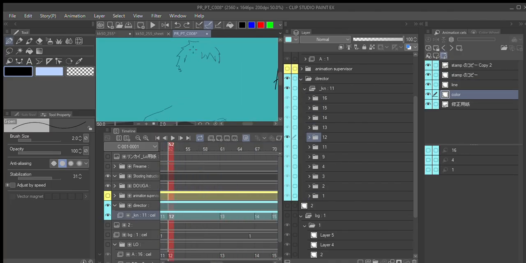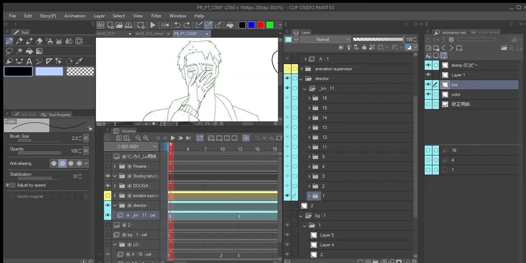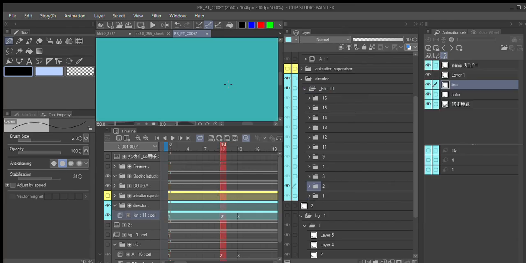Alright, so let me do the next in between reference or breakdown drawing, whichever you guys prefer, which is this one. Alright, so I'm changing this,